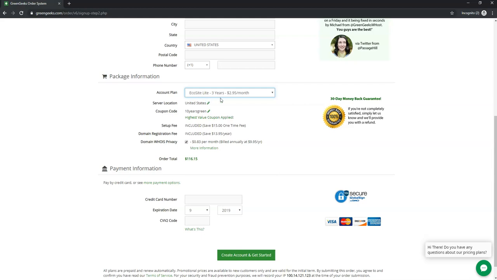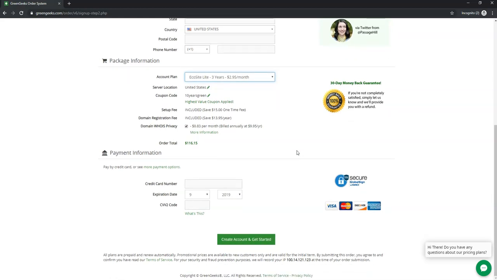And again, this EcoSite Lite, you only can have one domain name on. The others you can have unlimited. So after you've filled out all the information on this page, you can click where it says Create Account and Get Started. I actually already have an account, and because of that, I'm going to dive into the next section